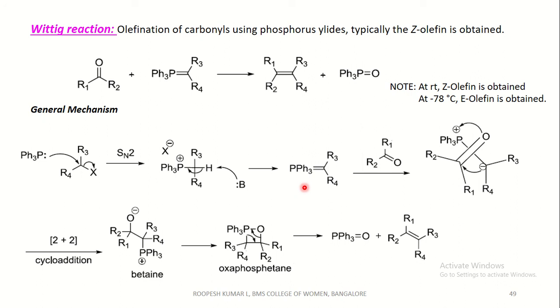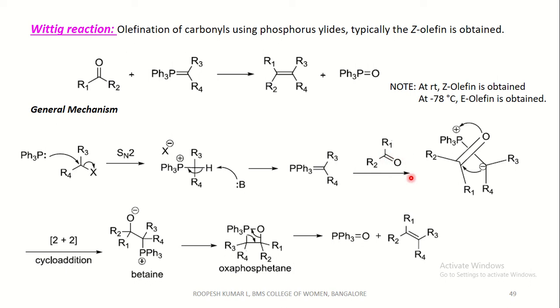This phosphorus ylide reacts with the carbonyl compound, which goes through a 2+2 cycloaddition reaction to form a betaine. This is a betaine structure. You can see it goes through a 2+2 cycloaddition reaction. This double bond shifts here to form a phosphonium ion, and this double bond shifts here to form a carbanion, then this phosphonium ion, and this negative charge shifts